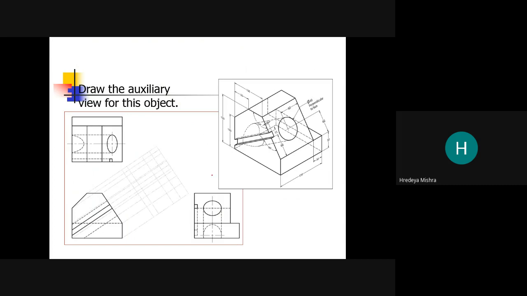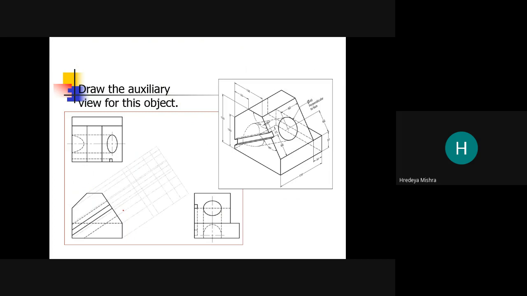Now, what are you able to see? See here, all dimensions are given. This is our isometric view of the object. Are you able to see the inclined surfaces here? See here, this is an inclined surface and this is an inclined surface.